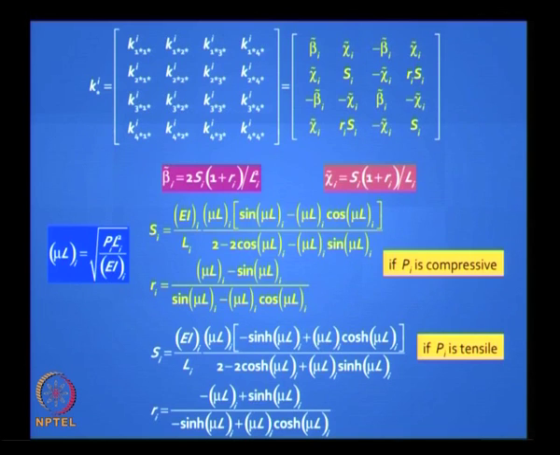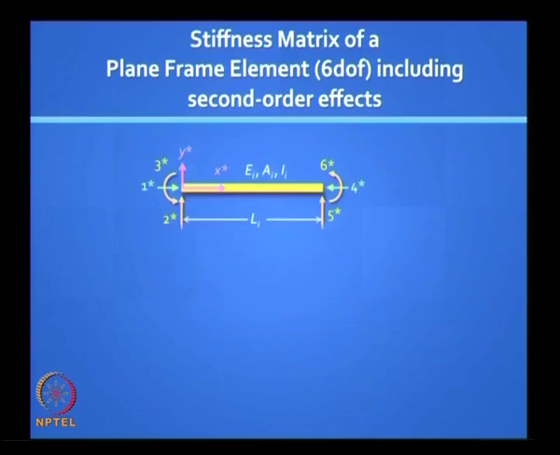Now these trigonometric functions are not very convenient to use. So luckily for us, there is a major simplification possible, and let us look at that. So if you have a 6 degree of freedom element, if you had a plane frame element instead of a beam element, here also you have an axial force, but the big difference is you do not know the value of the axial force. So we leave it as F1 star and F4 star, which must be in equilibrium with each other, and also here we are allowing axial deformations, which was not accounted for in the previous case.